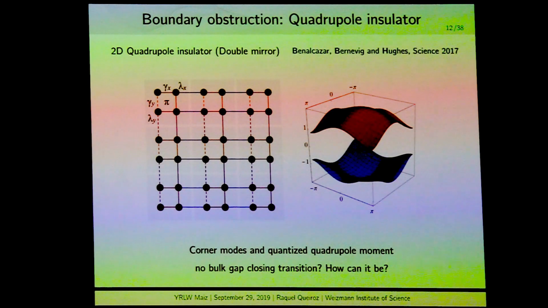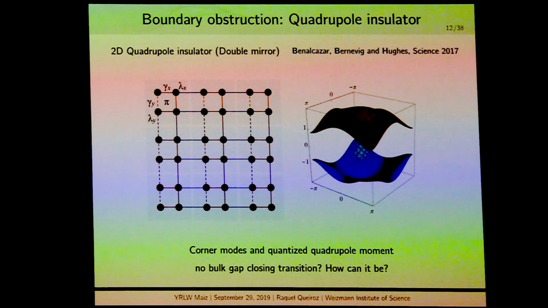This was a model that interested me a lot because it was just an extension of the SSH chain, also with the quantized physical response. However, there's no clear bulk gap closing transition. This is just an extension to 2 dimensions of an SSH chain. There's also strong bonds and weak bonds. There's a pi flux threaded over every one of these plaquettes. And no matter what we do with these different couplings, the bulk remains gapped, unless there's one point where it